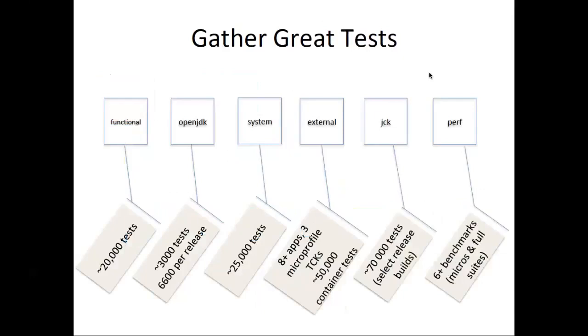So system test is a load and stress framework as well. So we actually iterate 1,000, 3,000, and 300,000 times over some of these tests to try to bring a JDK to its needs. External tests right now, it's 8 applications in their functional suite, plus 3 microprofile